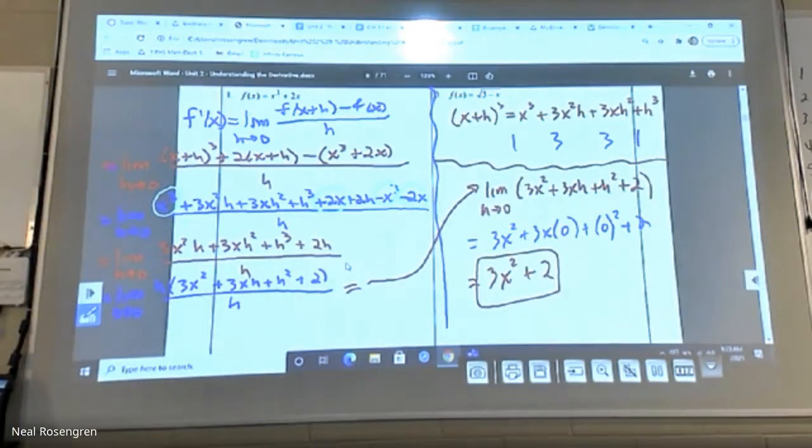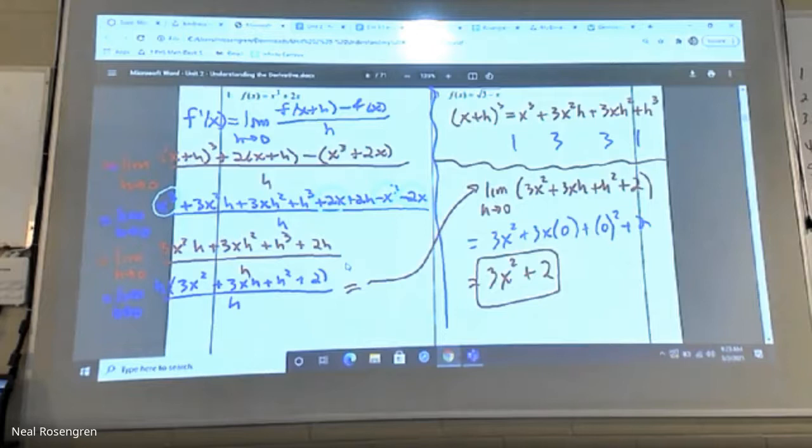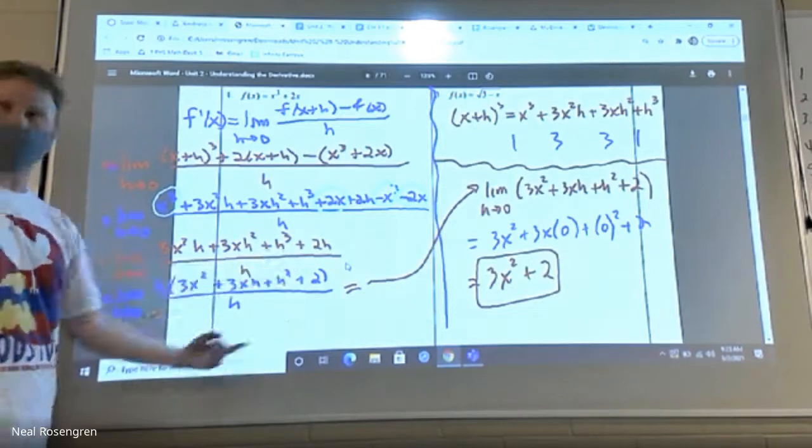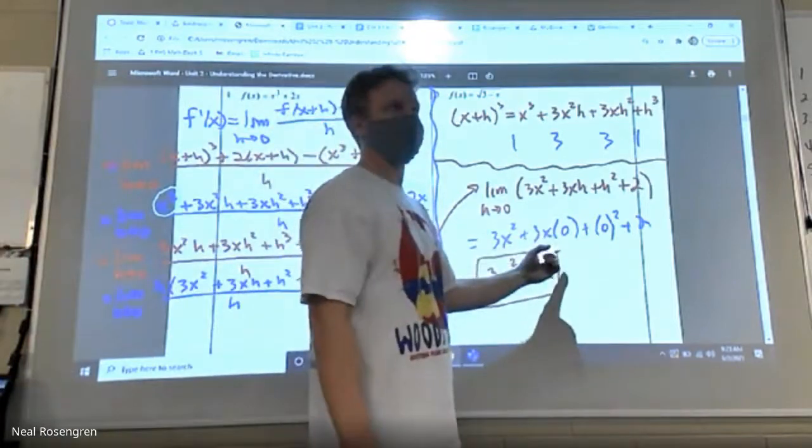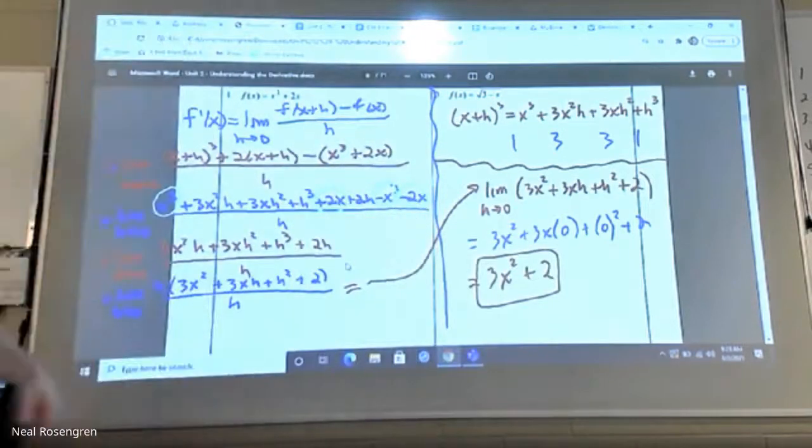That's fine. And then, hey, if I divide away those h's, I know what's left behind. Let me skip from this blue line to this one and just plug in 0 for h. I'm cool with that too. So whatever you're comfortable with, I have to see a few things for sure. I need to see the evaluation, where the x plus h goes in. I have to see the expansion, and I have to watch h go to 0. Other than that, I see the h come out, and then watch it go to 0. So find what's comfortable for you.